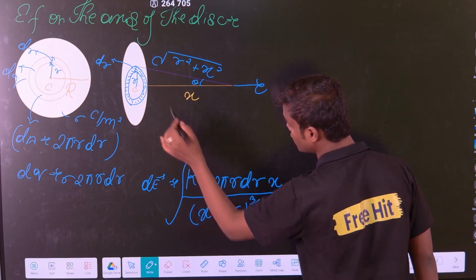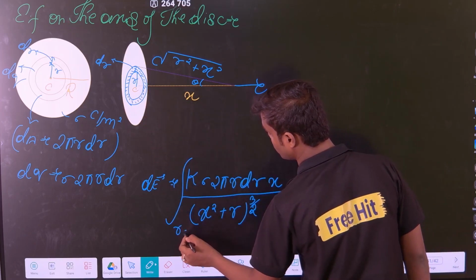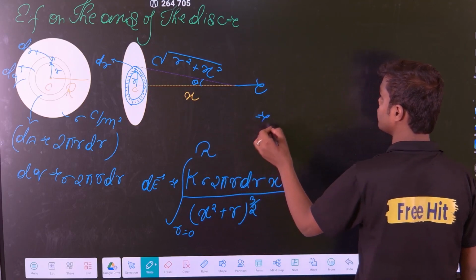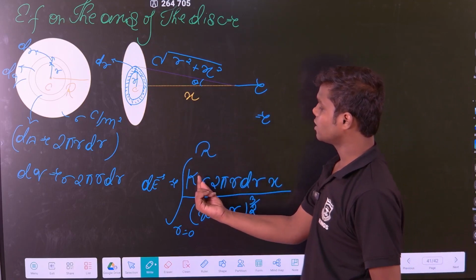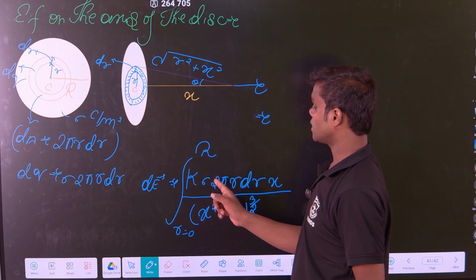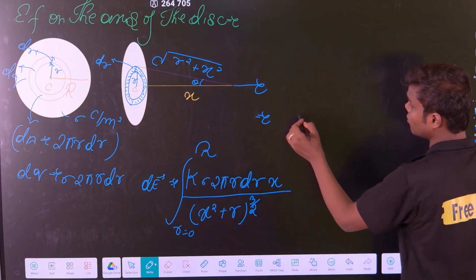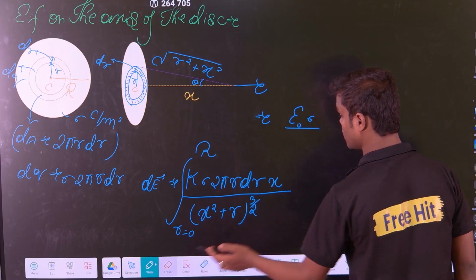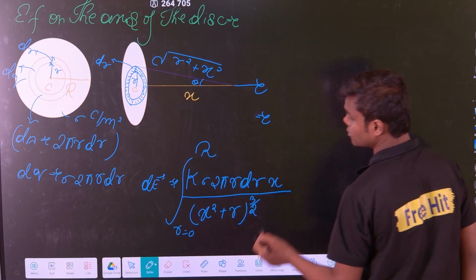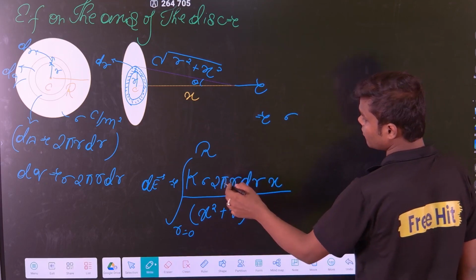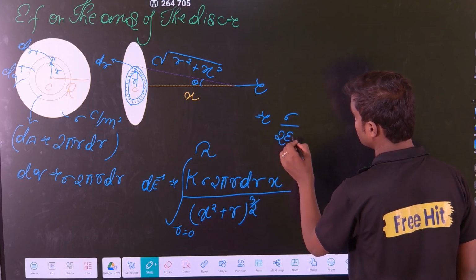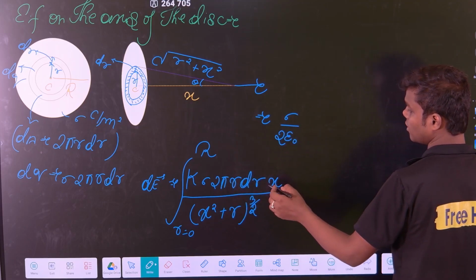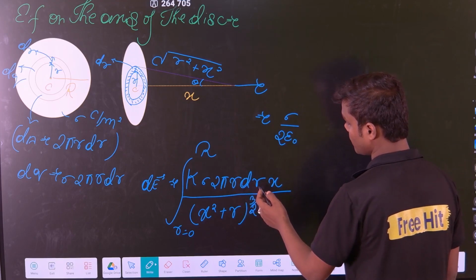And what is the value of R? It is going from R equal to 0, from the center, to R equal to capital R. This thing you have to integrate. And if you integrate, what will you get? What is the value of K? That is 1 by 4 pi epsilon naught. Pi will cancel out, 2 will cancel out. So this will become sigma by 2 epsilon naught into, what is dq? Sigma into 2 pi R dR, and